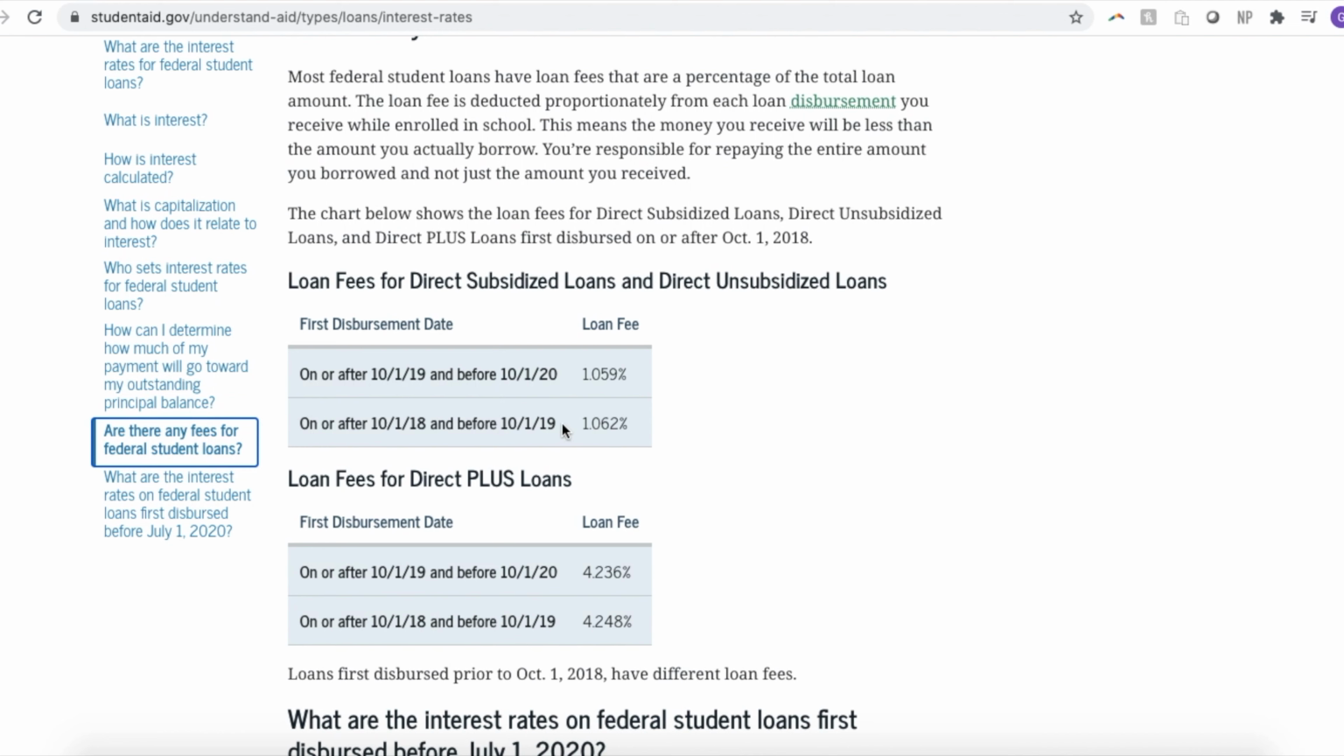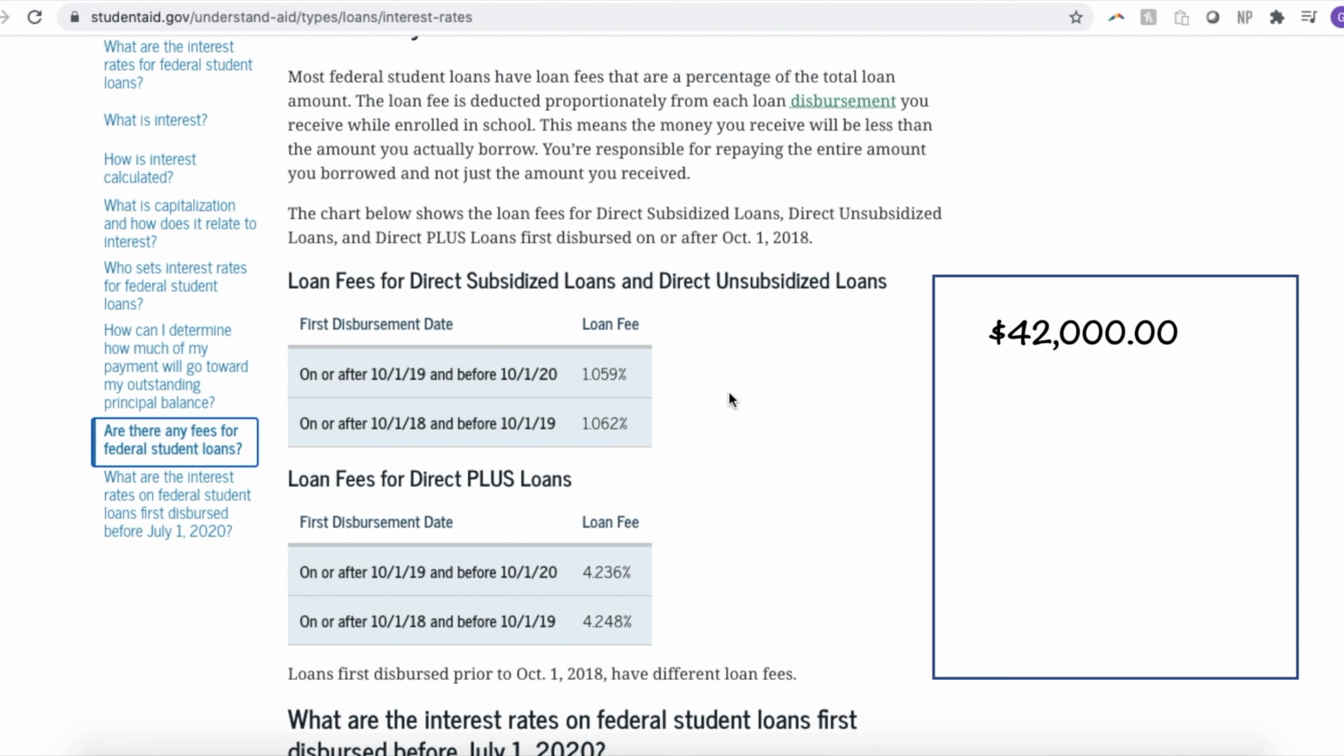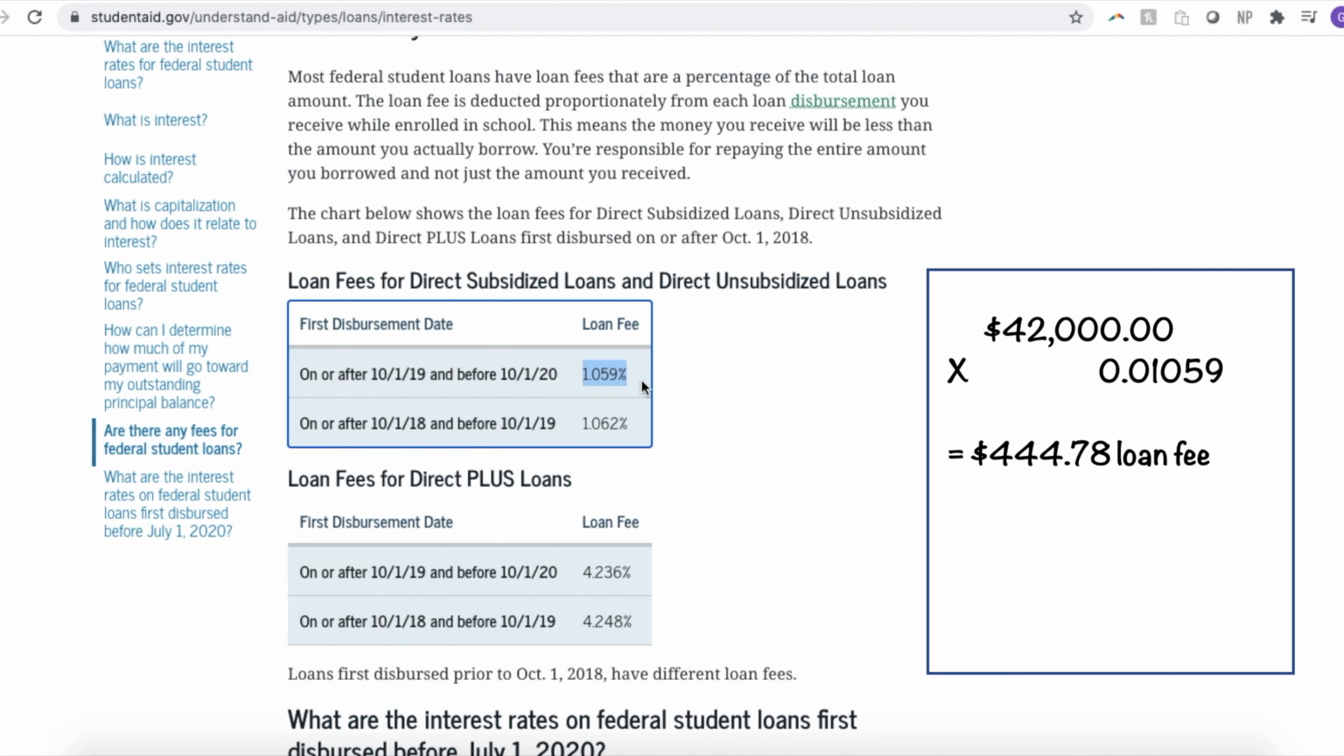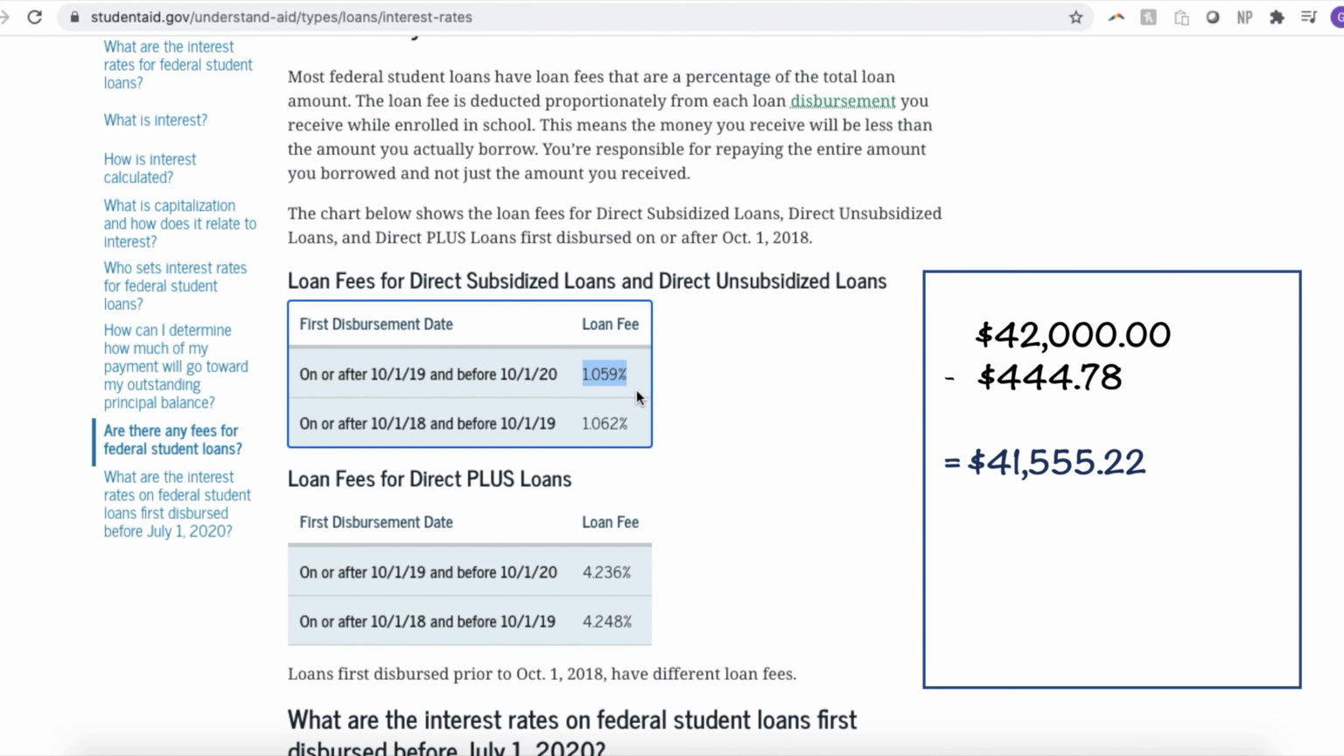And so for me, this fee is going to be 1.059%. So what's up with this percentage? Well, they'll calculate 1.059% of the amount of loan that you request for, and then they're going to subtract that amount from what they actually give you. So I'm requesting $42,000, and then 1.059% of that is $444.78. So before I get that loan, they'll subtract $444.78 from my $42,000 so that the actual amount of money I get for me to use is going to be